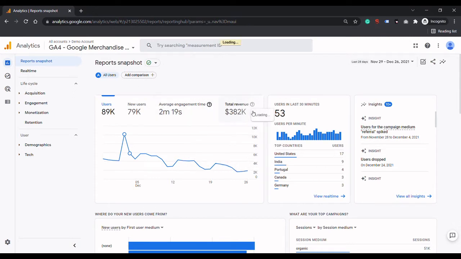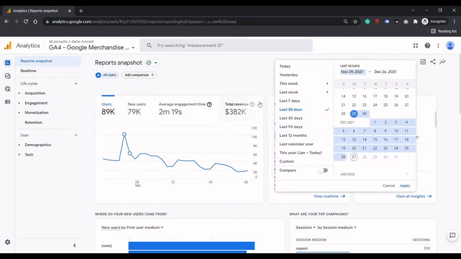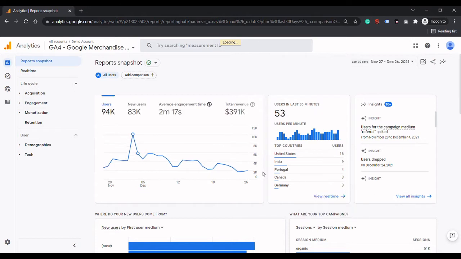And here is the revenue. This is the revenue that the Google Merchandise Store is currently making. Here, let's select the date range for 30 days. From this option you can change the duration for which you want to see the report. I have selected the last 30 days,